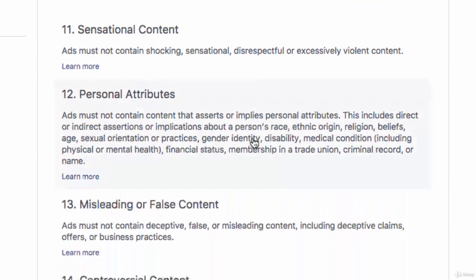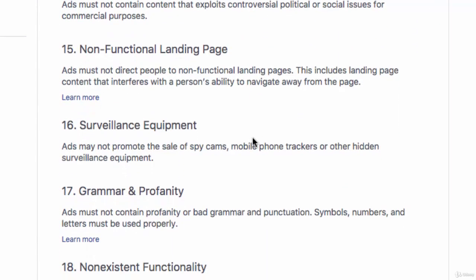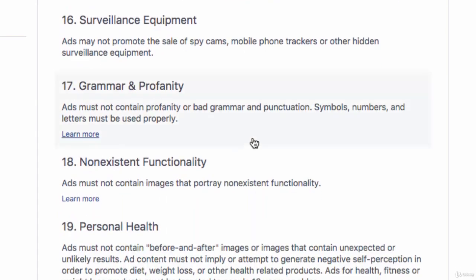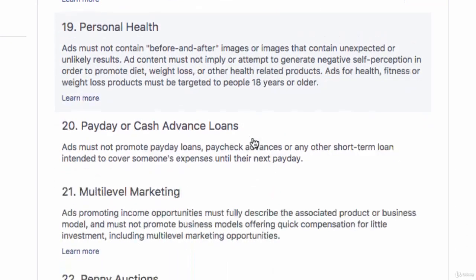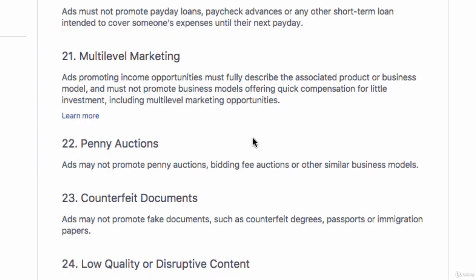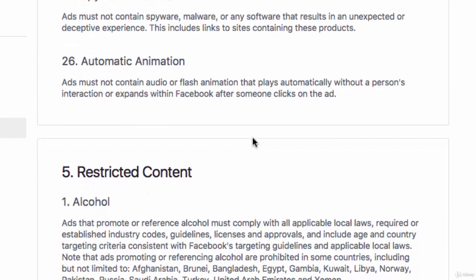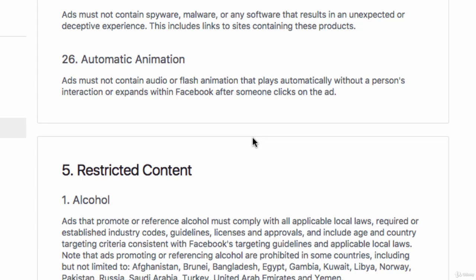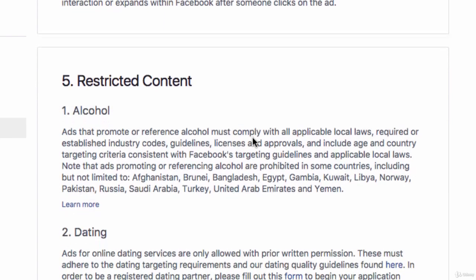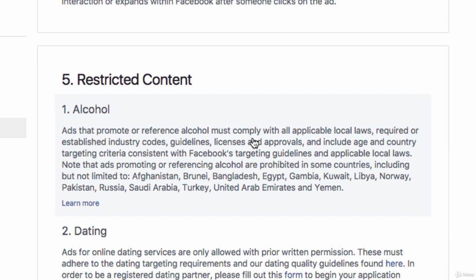Now moving down a little bit further, there are a lot more things under the prohibited content. Payday cash loans, multi-level marketing, penny auctions, etc. Some of the things you might expect to see. Now after prohibited content, there are restrictions on certain other types of content like alcohol. You must follow the local laws. So for example, in Ireland where I'm from, you wouldn't be able to advertise to anybody under 18 in relation to alcohol.